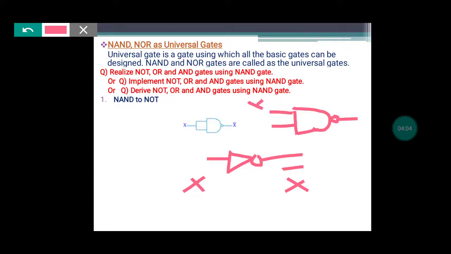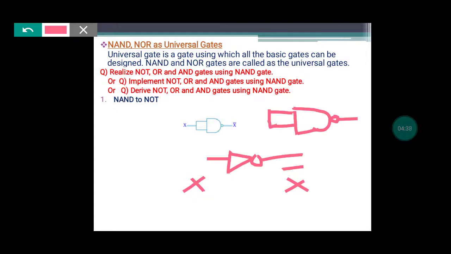So here what I will do, I will provide X as an input. I am providing the same input only. X value can be either 1. If I take X value as 1, this will be 1, this will be 1. Or I can give X value as 0. If I take X value as 0, this will become 0, this will also become 0. However, I am giving the same input, so I will simply club these two inputs.